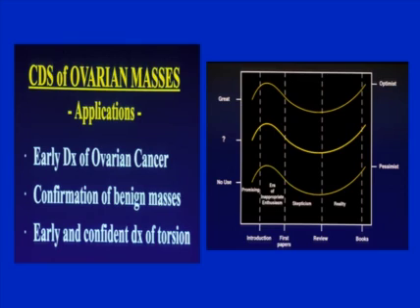And I would say color Doppler has passed through these stages and is now a very useful technique in differentiating benign from malignant masses, as well as making the diagnosis of torsion, which I will not cover in this